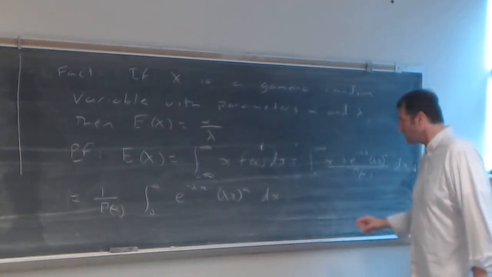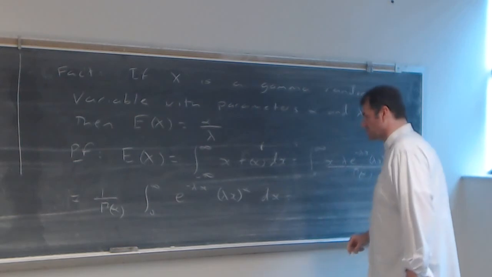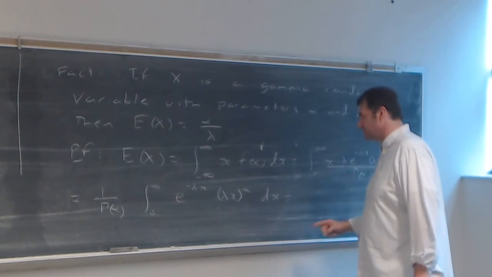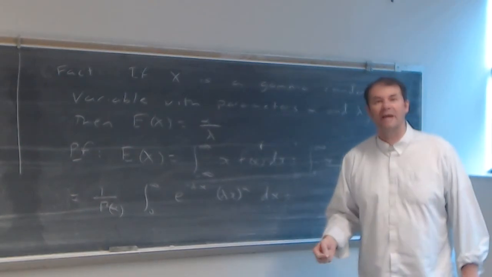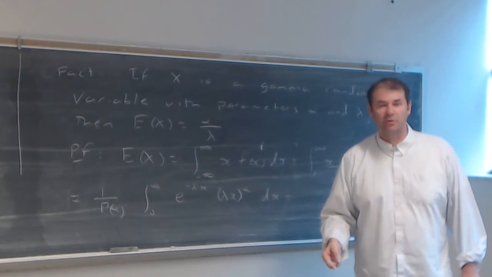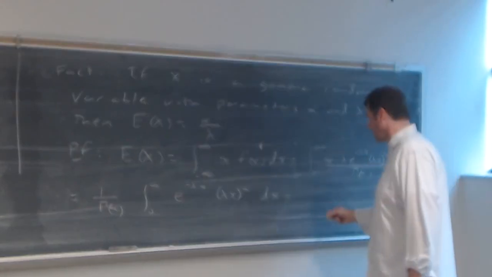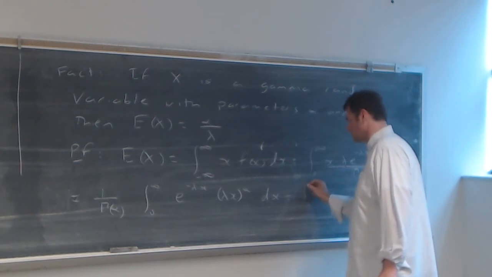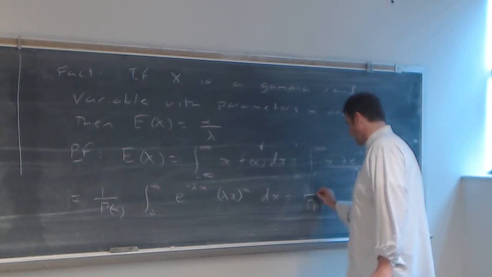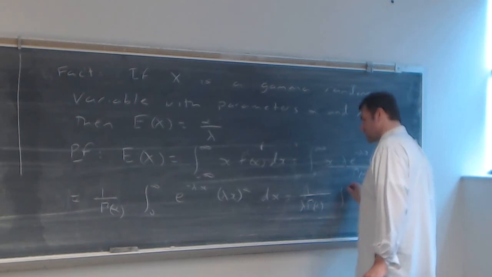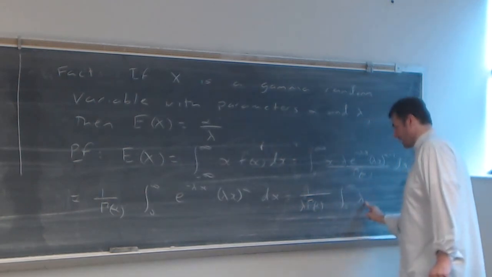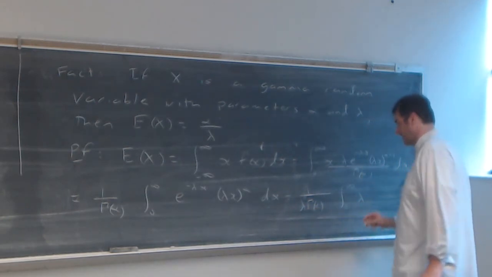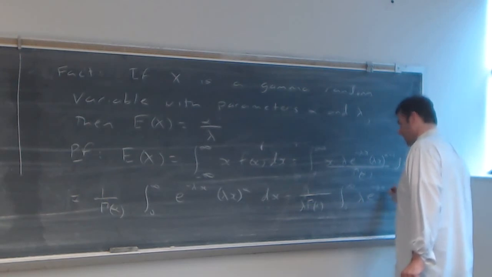Okay. Now, that's very close to what I need. But to be like what we had when we showed that the integral of the PDF is equal to 1, what I'm going to do is have 1 over gamma of alpha, and then multiply that by a lambda in the bottom. Integral from 0 to infinity. I put a lambda here as a constant. This lambda here and this lambda here will cancel. e to the minus lambda x